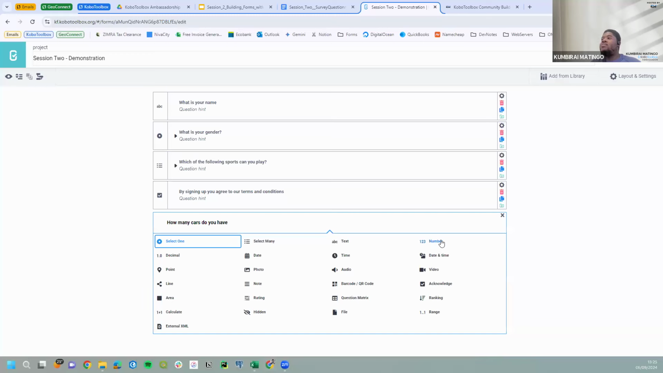While I'm still here, I would also like to mention that we have the number question type, and then we also have the decimal question type. The number type can be used to enter only integer numbers. But if you have any numbers that you'd like to enter where there are going to be decimal places, you can then also use the decimal